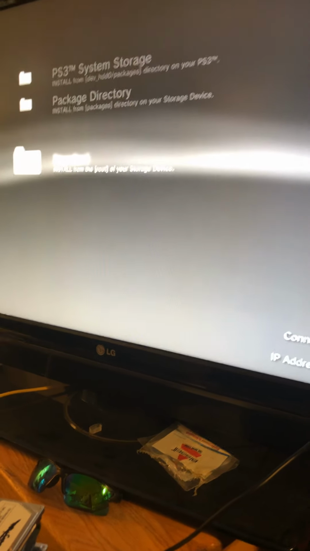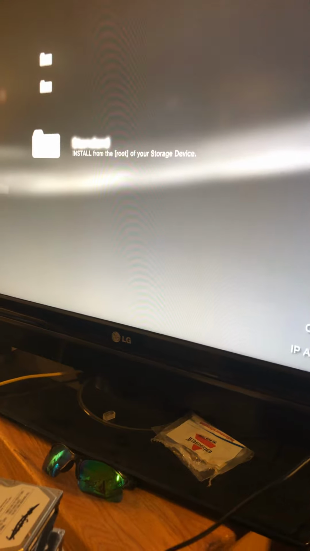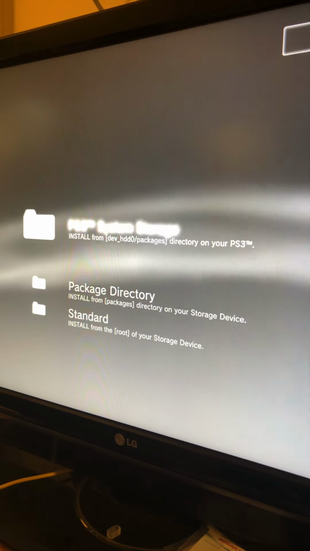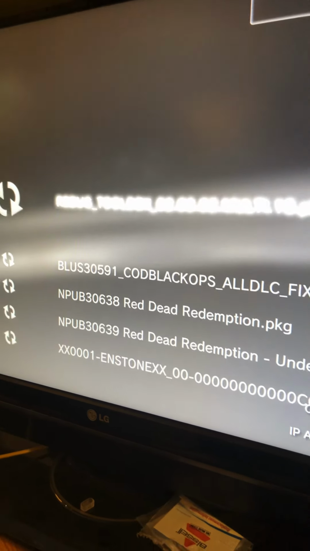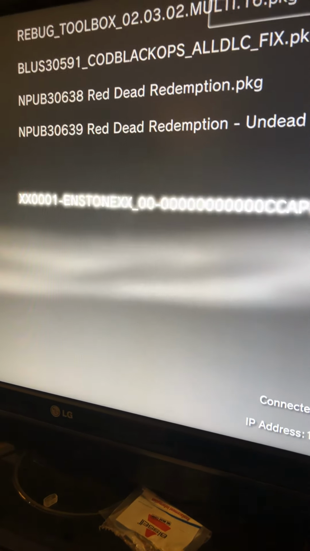So I just realized that what I had said earlier about transferring the file with the file manager, you don't need to do that with package files. That's automatically done here. That would be for if you were transferring something other than a package file from USB. So anyway, you would go to PS3 system storage for when you FTP it, because it's already on the hard drive, and then you find the package, install it,